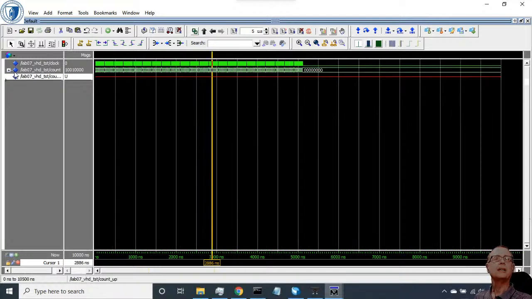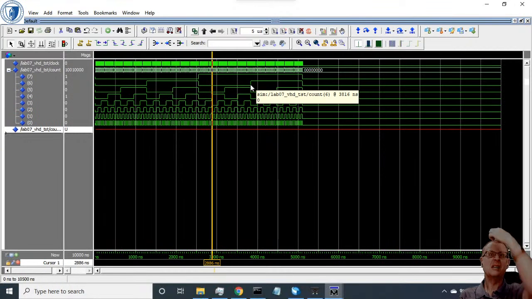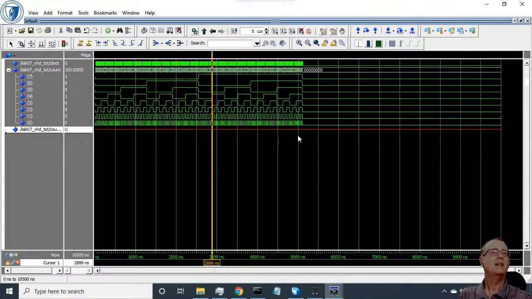And again, our up-down counter is not there, but now you can see that for every time we go up a bit, the period of the change in the bit's value doubles, right? So the change in the least significant bit is double the period of the clock. Bit 1 is double that, bit 2 is double that, bit 3 is double that, bit 4 is double that. So it does look like now we have an 8-bit counter,